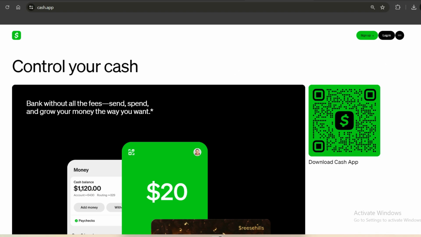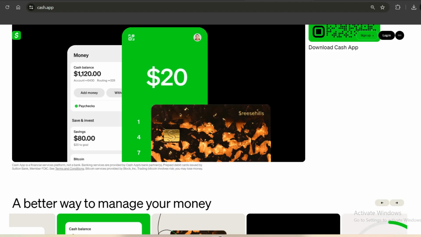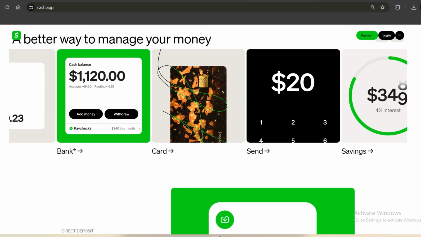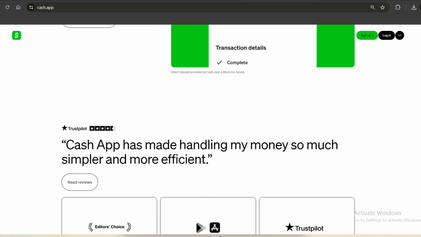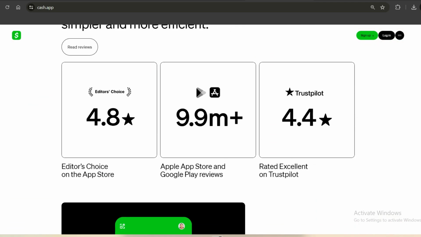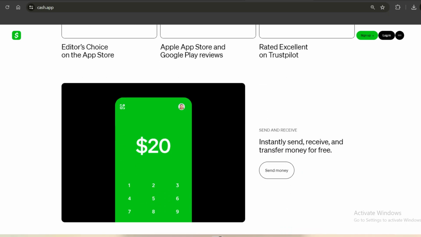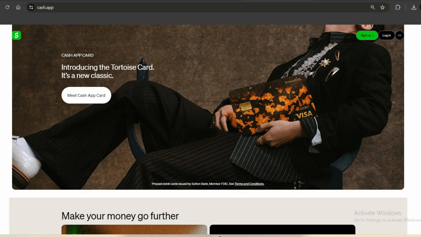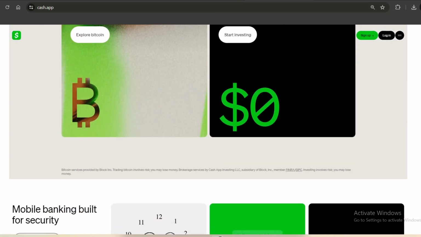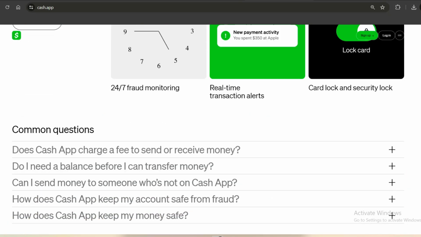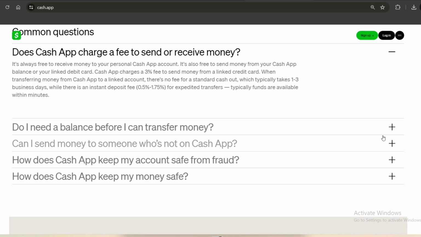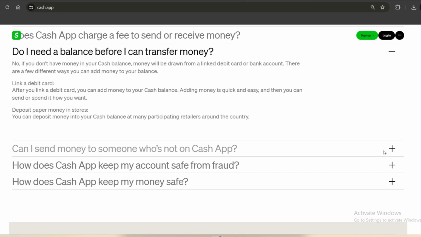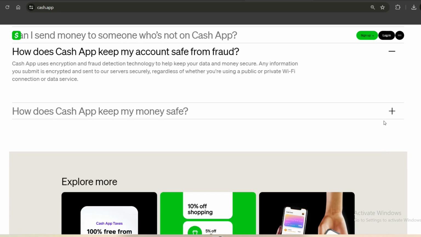When it comes to Cash App, there's no built-in feature for direct email marketing like you might see with traditional e-commerce platforms. However, you can still use email marketing strategies to promote your Cash App account, services, or business. Here's how it works. First, you need to build an email list of your customers or audience. You can do this by offering something valuable like discounts, exclusive content, or special services in exchange for their email